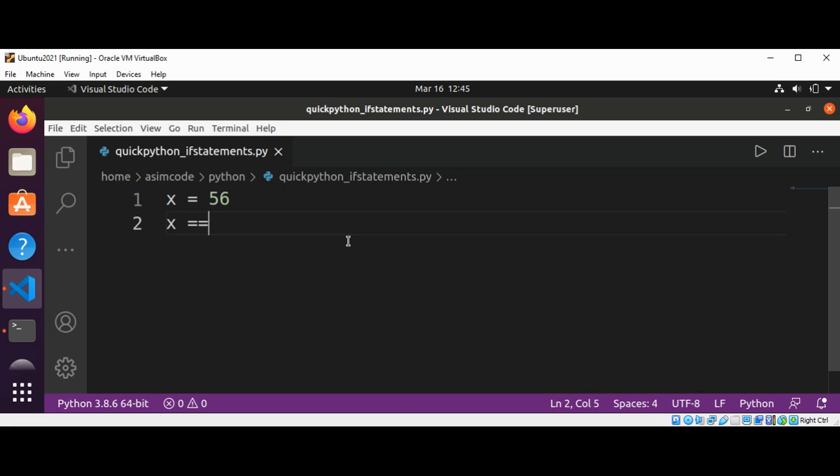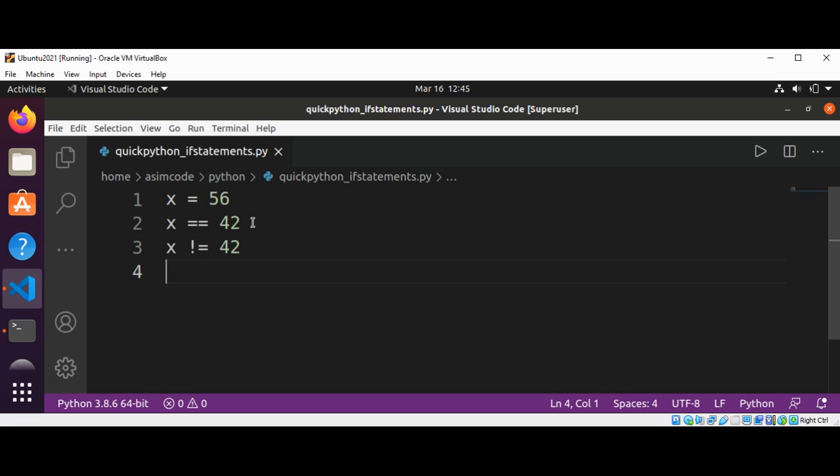So we are going to use x and with this some value. Here we are checking if both the values are equal, and we can also check for not equals by using the not operator. Not equals 42,